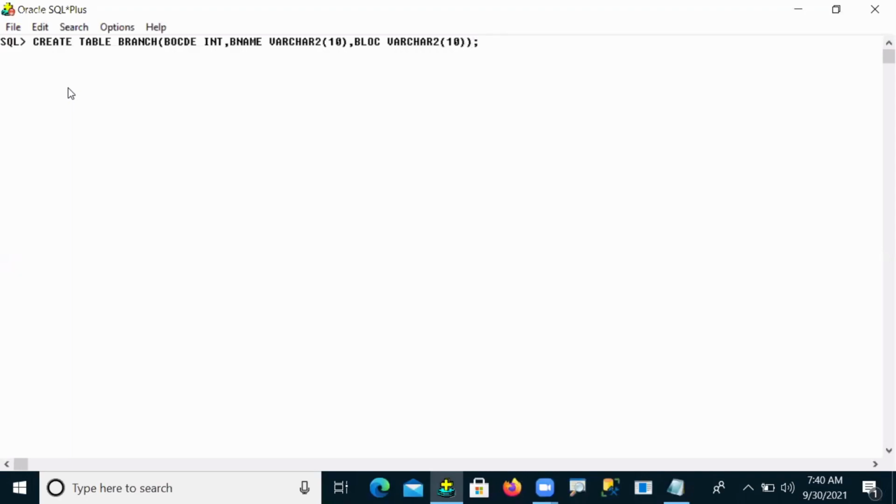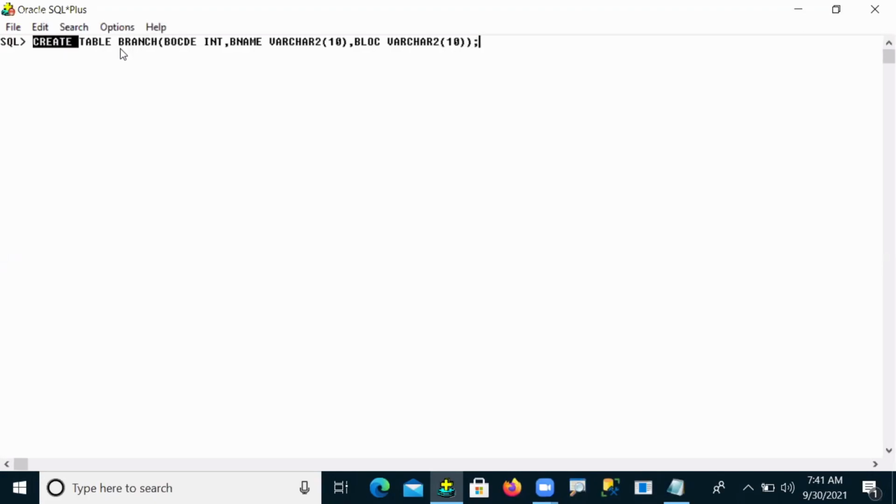And we are creating this table with the help of the create command. But we know, guys, that the create command is a DDL operation. This command comes under the DDL category. So this operation I'm going to perform, that means by using the create command we are creating a new table in our database.